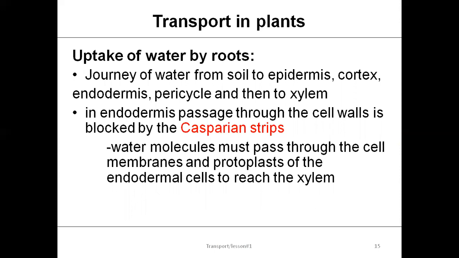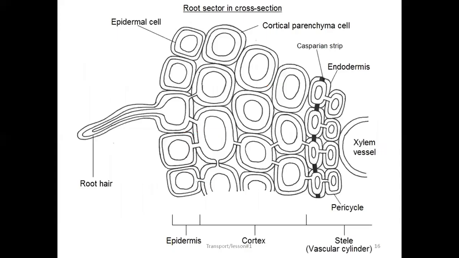In the endodermis, the passage of water through the cell walls, the apoplast pathway, is blocked by the Casparian strips. Water molecules must pass through the cell membranes and protoplasts of the endodermal cells to reach the xylem. तो कैसे होगा? साइटोप्लाज्म के अंदर जाएंगे और साइटोप्लाज्म से फिर प्लाज्मोडेस्माटा या वैक्यूलर पाथवे को क्रॉस करेंगे। ठीक है,